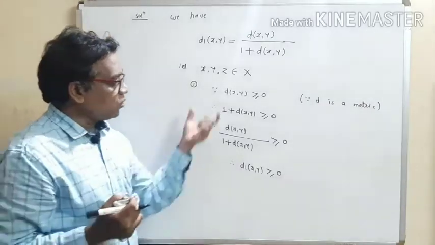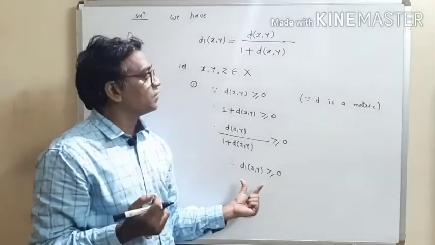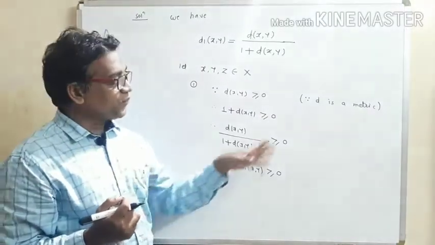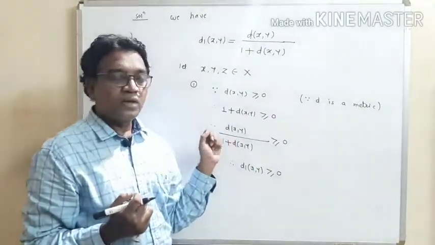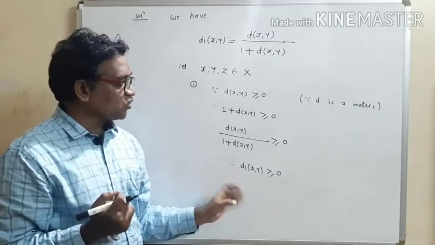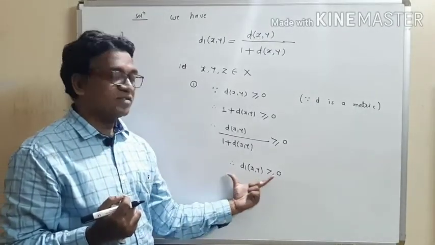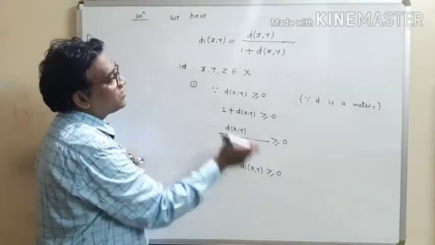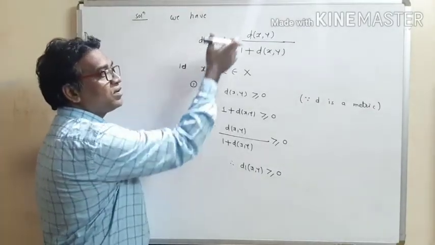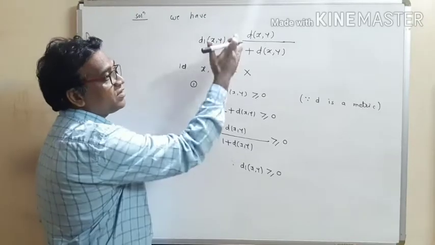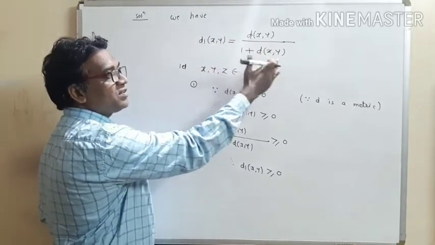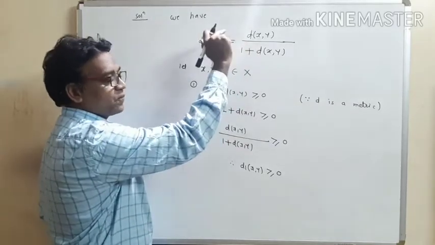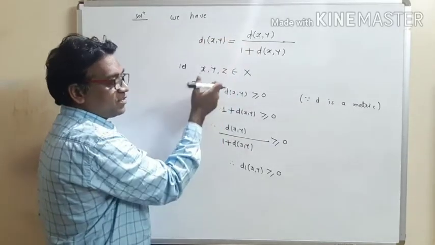So see how to show the first condition. We want to show that d1 is a metric space, so let us prove those 4 conditions. This is our first condition, to show that d1(x,y) is non-negative. So how to construct the proof? First of all, check the value for d1(x,y). It is given by d(x,y) divided by 1 plus d(x,y). So just write the solution in terms of this value.